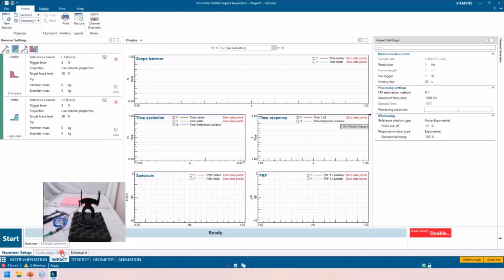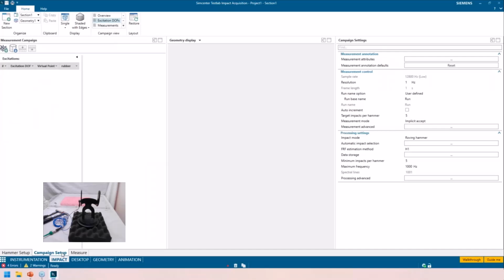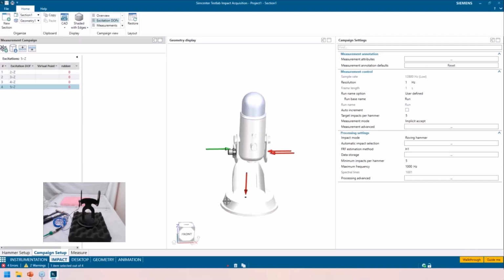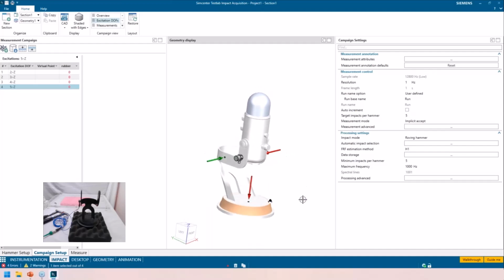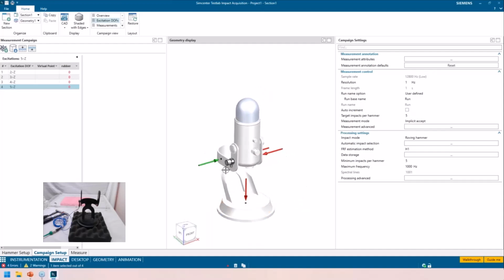So now I go into campaign setup. This is also very different than Classic. In Classic, you could just type in your settings and hit go. In Neo Acquisition, you now need to define where you're going to be impacting. Now, if you did all of your excitation forces in virtual instrumentation, which we did, I can just click this button here and I can bring all my forces in. The only reason you can't see it is because I have not made it a cat. So I can see all of my impact locations, and it'll also tell me in virtual instrumentation where I need to be impacting. So that's a really nice thing.